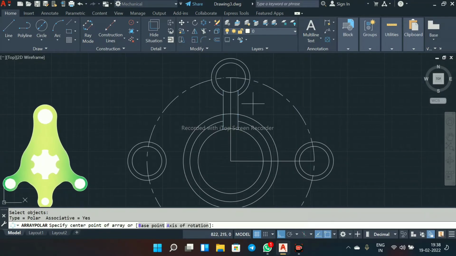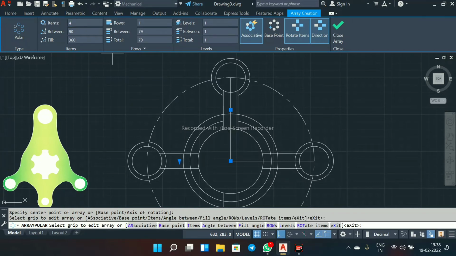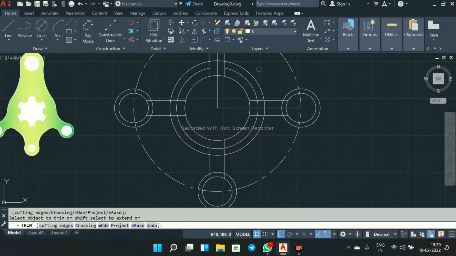Select this objects, right click. Select this endpoint. Make it 4 mm. Items will be 4. Trim, enter.